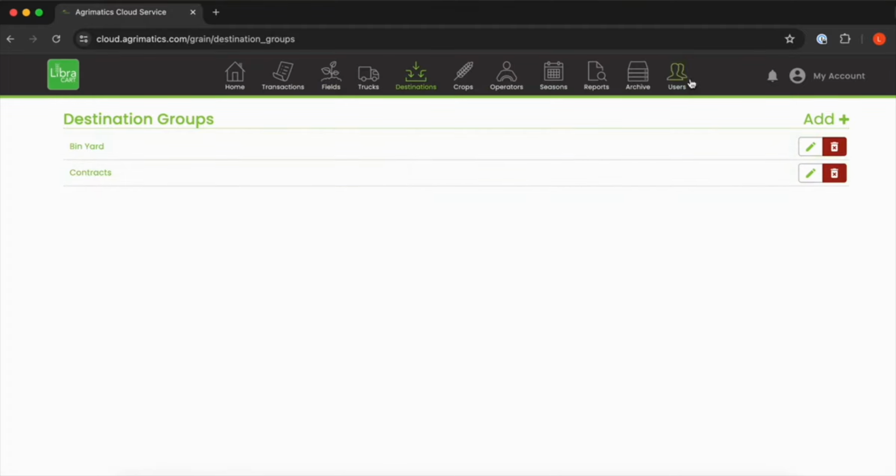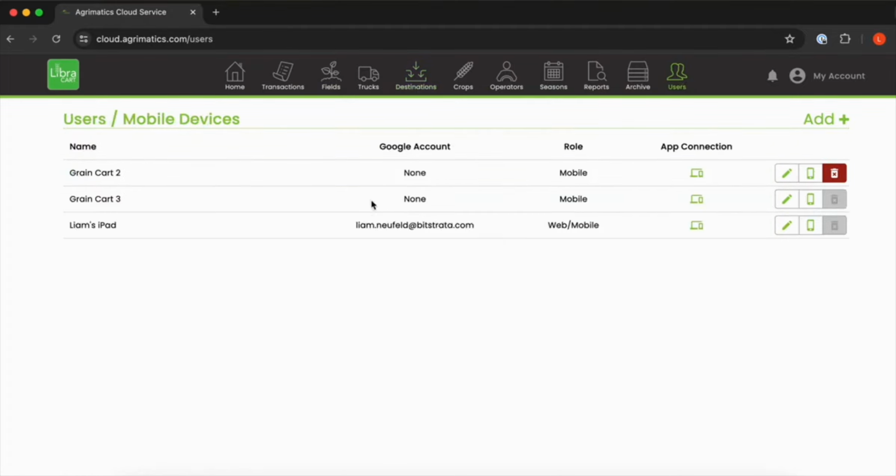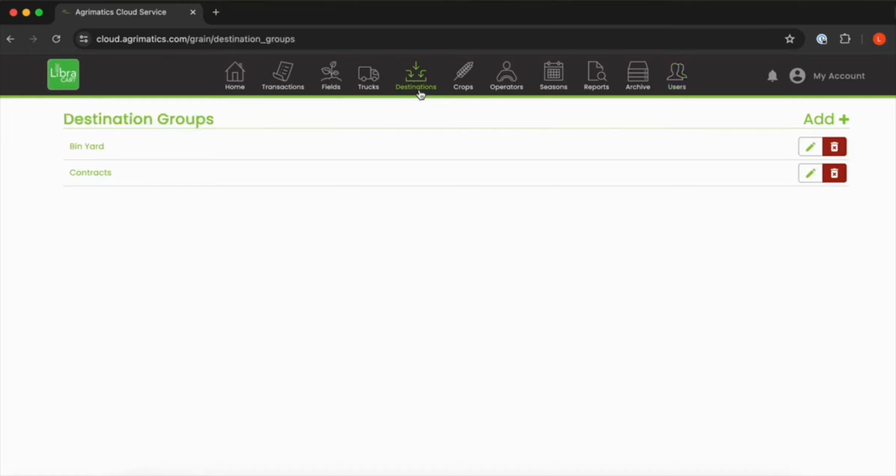With Basic subscriptions, all of the users are treated as separate databases. So if something is added or removed or changed on one user, it isn't necessarily reflected within everybody else. So if you're looking for something and it's not there, make sure you have the right user selected from your Users tab. And if you'd like all that data synced between multiple devices, it may be worth looking into a Pro subscription.